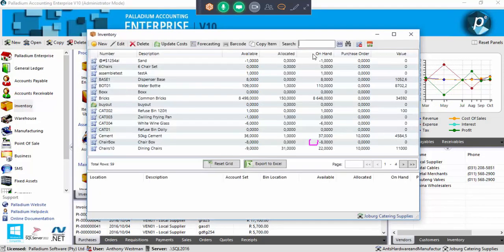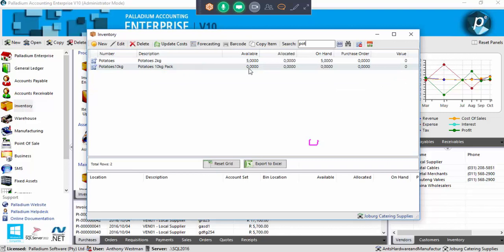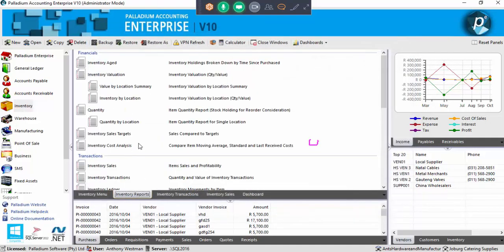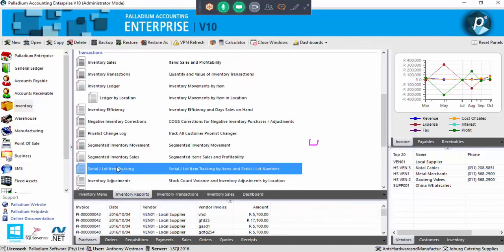And just to show you that, so we have our potatoes, and there you go. So we purchased the 10 kilogram pack now when we assigned it a lot number, but its available quantity has gone down to 0. And now the potatoes, we've got 5 in stock. And it would have kept the lot number. So if you just find that report on lot tracking,